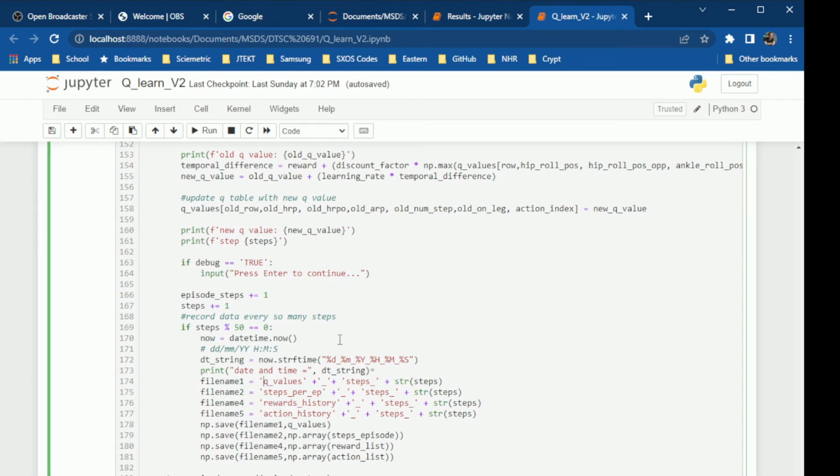And what's nice about this is if the computer crashes, or there's a bug, or power goes out or something, or the robot breaks, you can stop this cell, and you can start it up again, and you can just reload the most recent Q table and resume from where you left off. And that's pretty much it for the